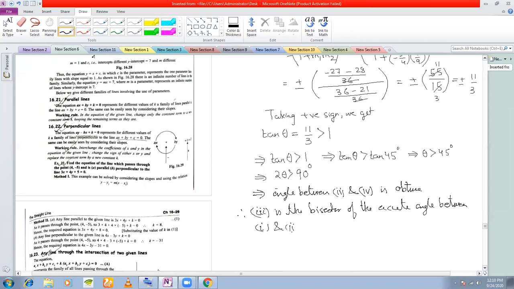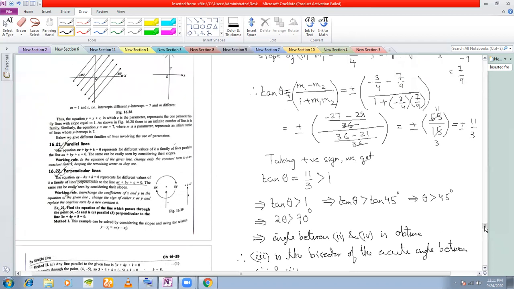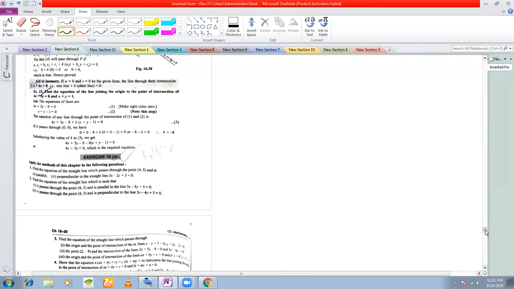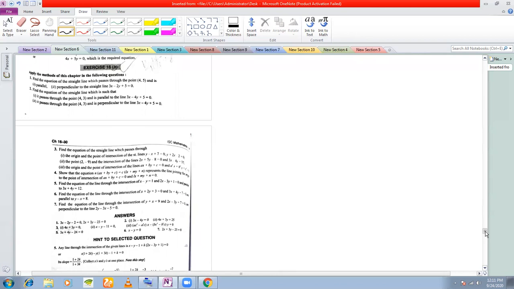And 4. Okay, so this is what is required here. In bisectors, only this problem, if you do it, is more than sufficient. No other problem from bisectors is required from the exercise. And if you are doing it serially, then you can go ahead and ask me if you have any doubts.